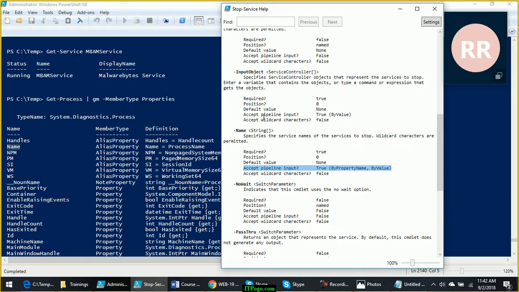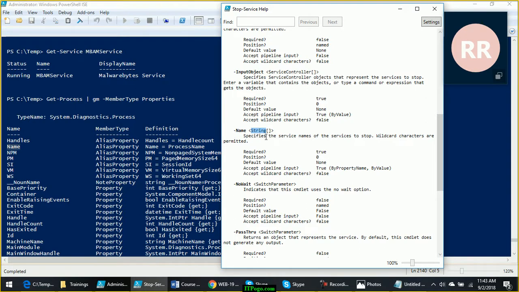Along with that, the data type: this requires a string, and this should also give a string output. So when you look at the Name property of Get-Process, the name of the process is what? It is a string, right? That's why it is able to accept that string input.